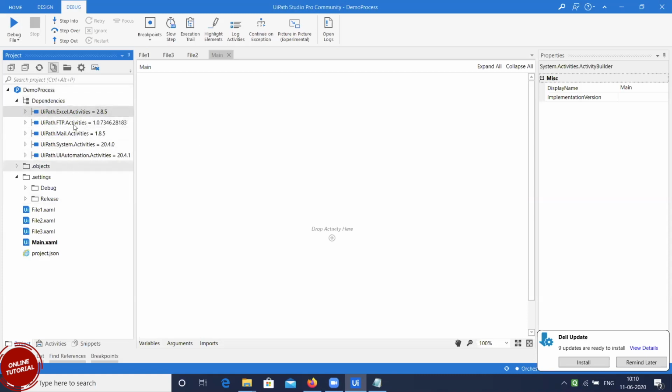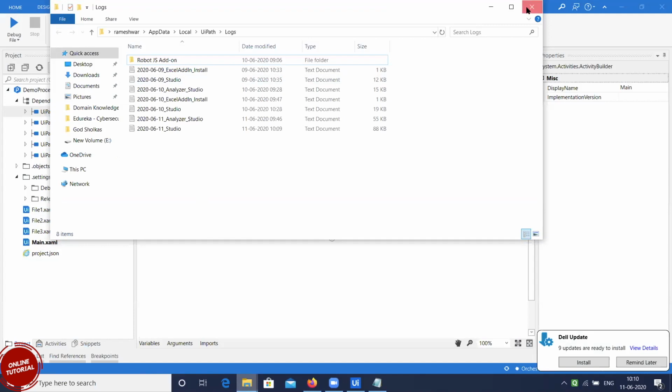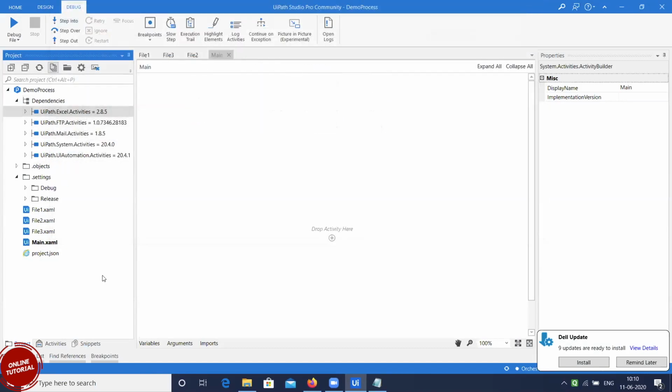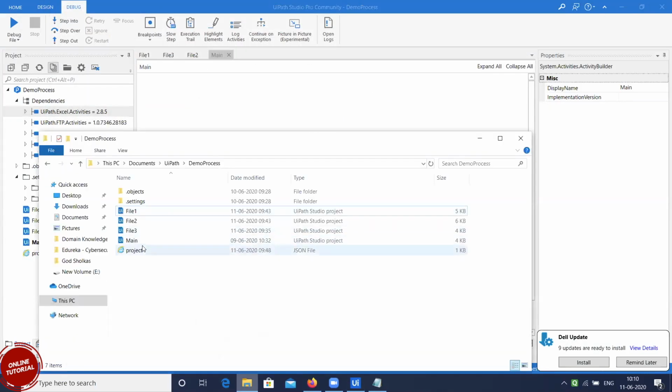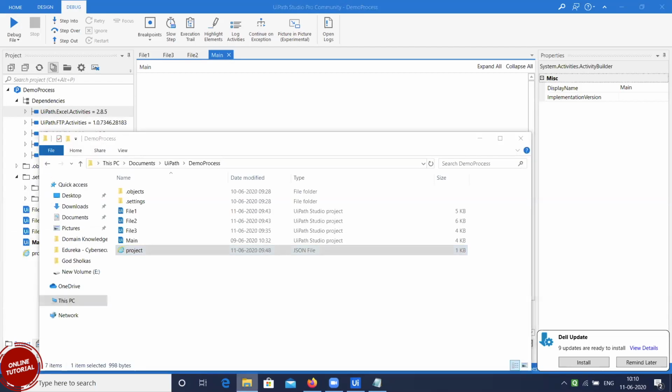Why it is stored, that also I'll tell you later. Once we come to the project.json file, that time I'll tell you why these dependencies are required. So that's about the project. We don't have anything to do here. Simply, you can just open your file or place it here from an external source and refresh it.